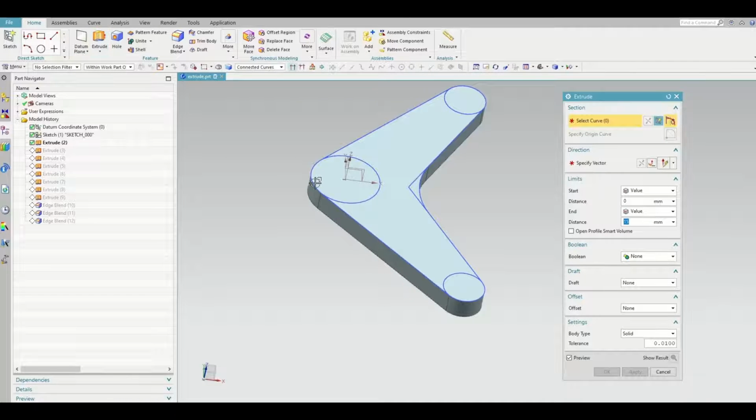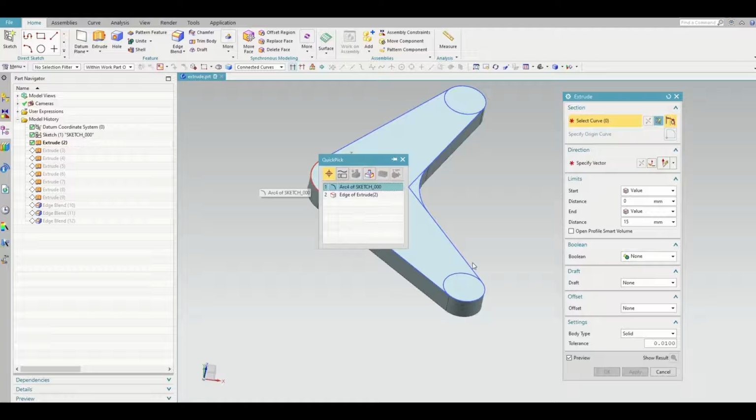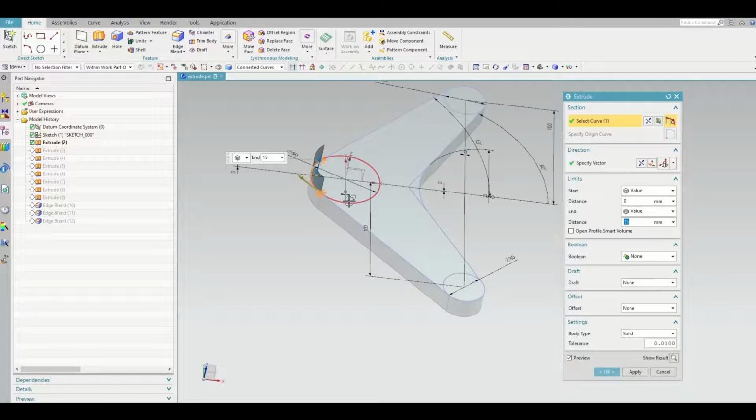Now we will create another extrude. Select, see, specify the vector. We will select these circles of the sketch.